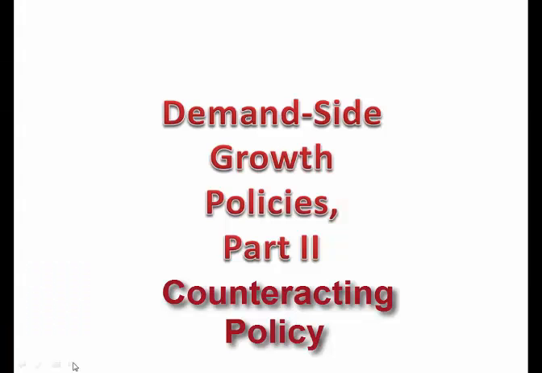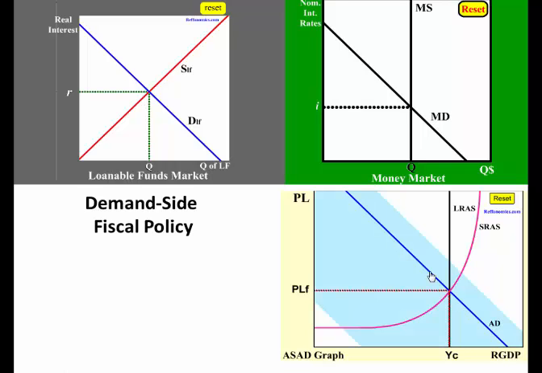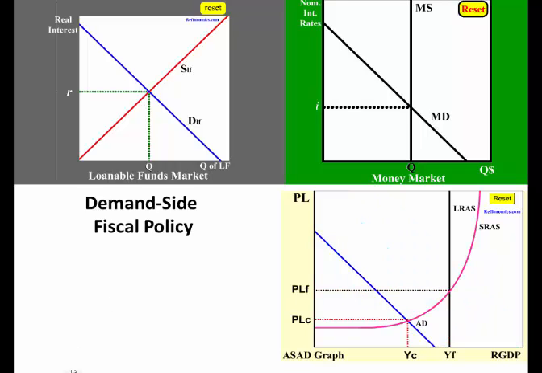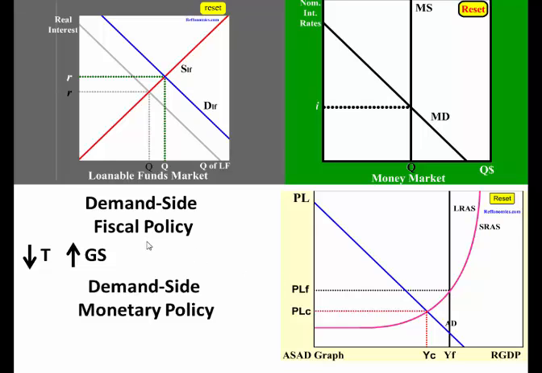Demand side growth policies, part 2. When we look at demand policies of fiscal policy and monetary policy, let's say that the economy is in a recession. We already decided that the government could lower taxes and increase government spending, but if they did that, that would increase aggregate demand, shifting it to the right, but this would also increase the real interest rate in the economy. So to get the economy to full employment, monetary policy might want to complement fiscal policy, and if they